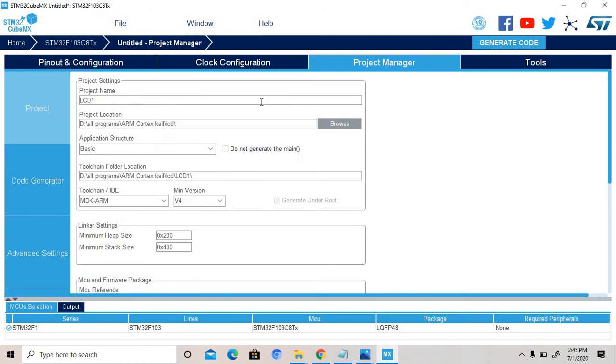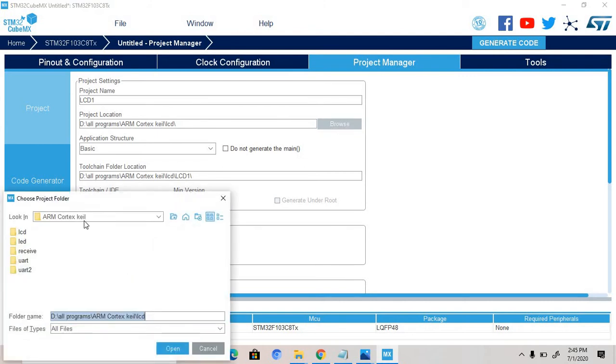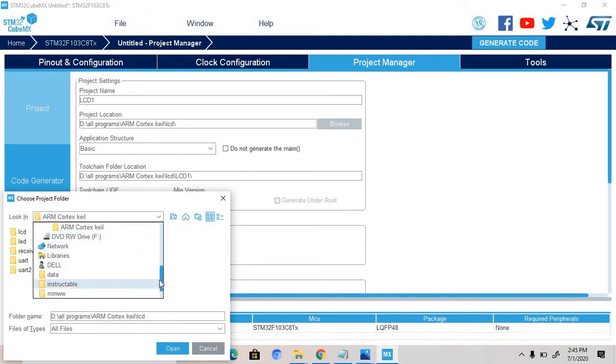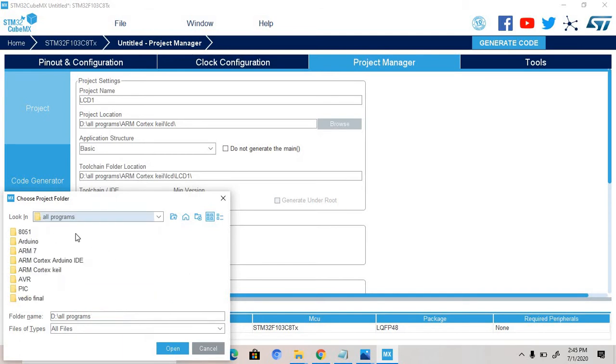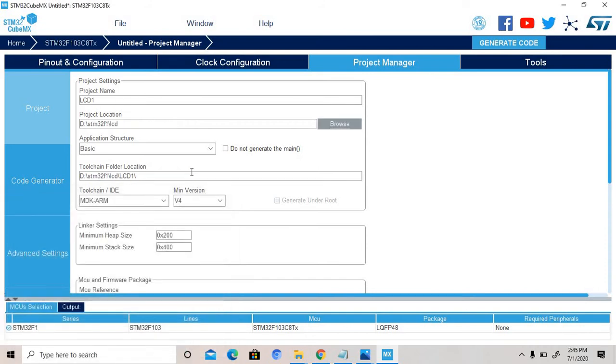Suppose LCD1, and give the location also, where we have to write the codes, in STM32 LCD. Okay, then open it. Name is LCD1. After that, generate code.